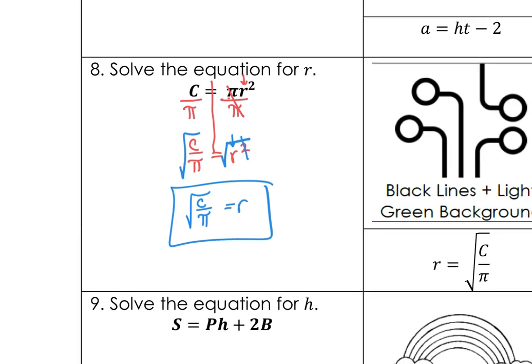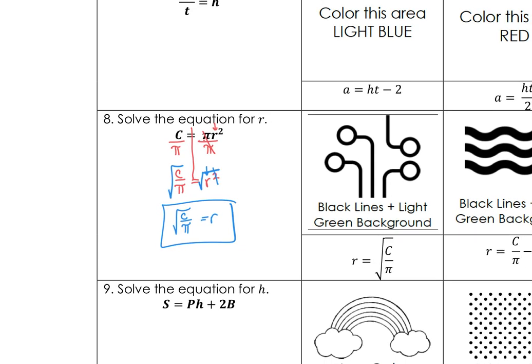All right. So the rest of them are going to be very similar. They're similar to ones you have on your notes. When you guys are working